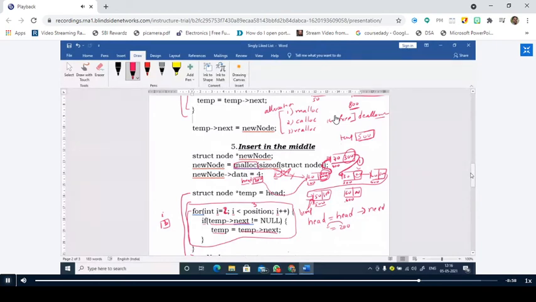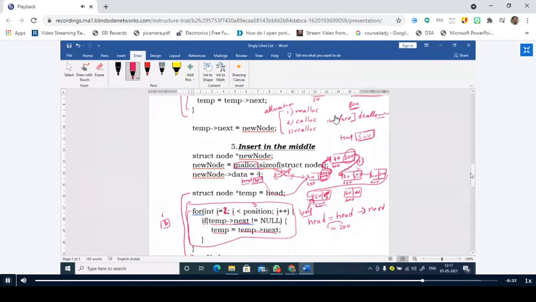I have identified the previous node to the last node. What is the previous node to the last node? It is nothing but the node at 500. I have a pointer to this 500. Now I have to make this node which is pointed by temp the last node. I know the logic to make it the last node. So I have to make the address part of this node the null pointer. So what is temp next here? This location.